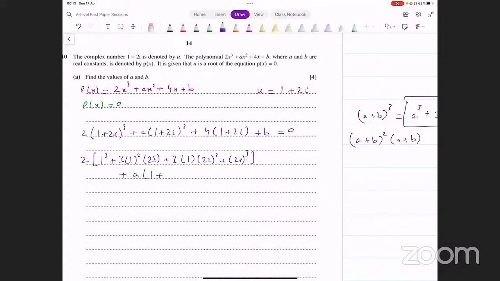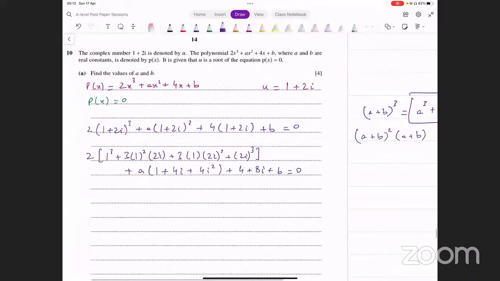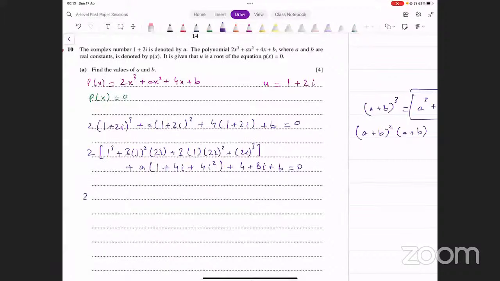One plus 2 into 2 iota, that's going to be 4 iota plus 4 iota square plus 4 plus 8 iota plus b equals 0. Let's simplify all of this now. 2 बाहर वैसे ही है, अंदर क्या आ गया, 1 plus 3 into 2 iota, that's 6 iota plus 3 into 2 iota का whole square, that's going to be 3 into 4, that's 12 iota square plus 8 iota cube